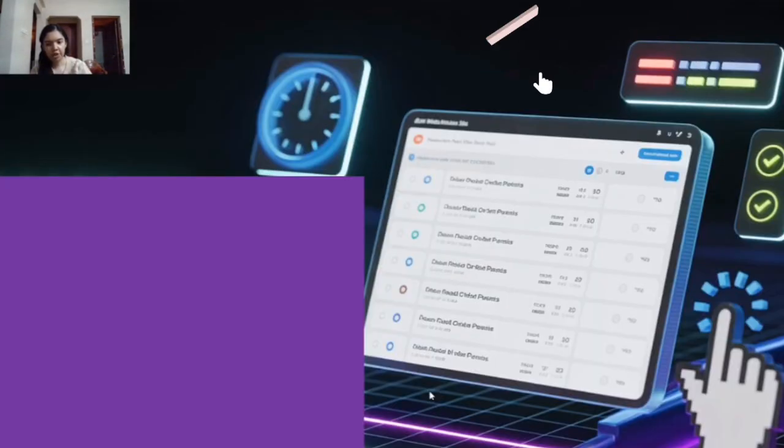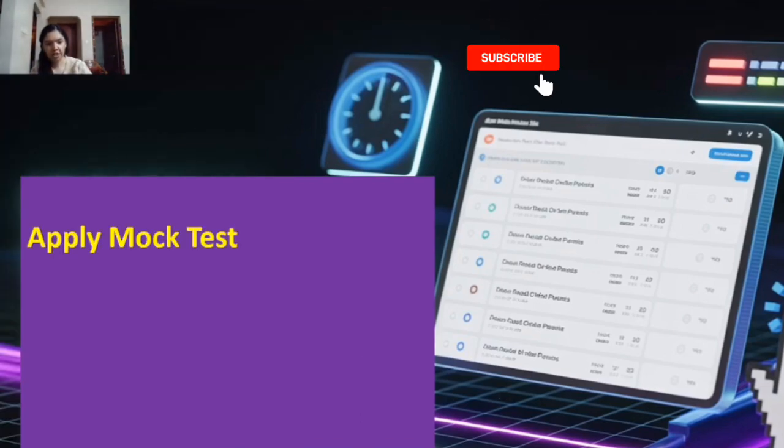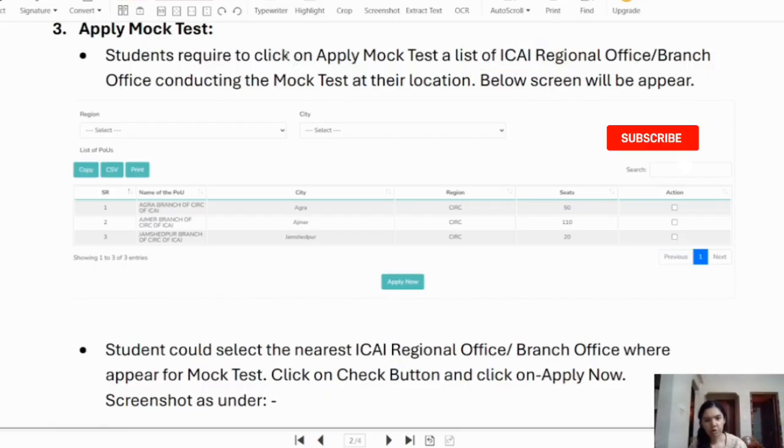Once you log in to this portal, on the landing page, you will see 4 options. Let's see the options one by one and I'll show you the demo also. The first option is applying for the mock test papers. You will have to click on apply for mock test. That time the list of the ICAI regional office or branch office conducting the mock test papers will appear on your screen. Here we can see the different branches and different city names.